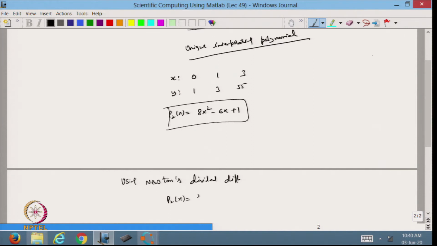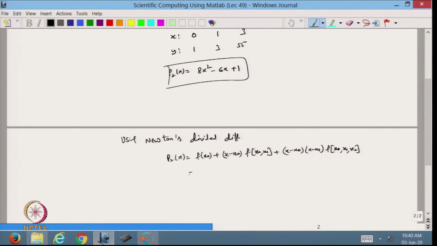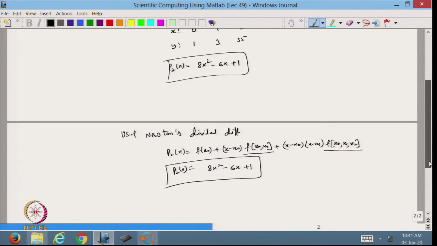That will be f at x naught plus x minus x naught f of x naught x1 plus x minus x naught times x minus x1 f of x naught x1 x2. That is my polynomial, and if I solve this one, then I should get 8x square minus 6x plus 1. That is my P2x. This is the first order divided difference, this is the second order divided difference. That we are going to discuss today.